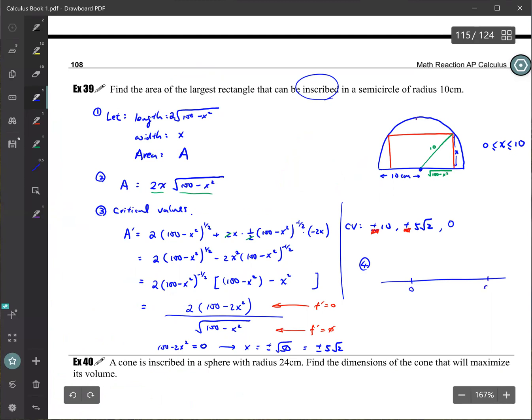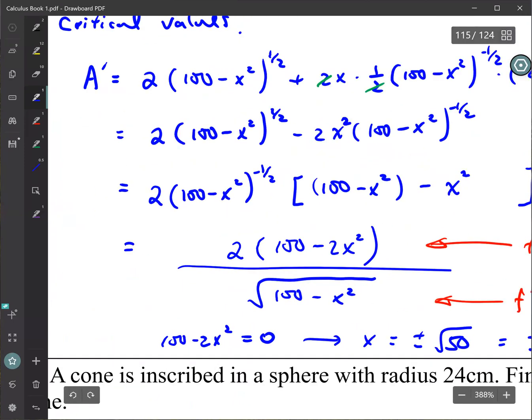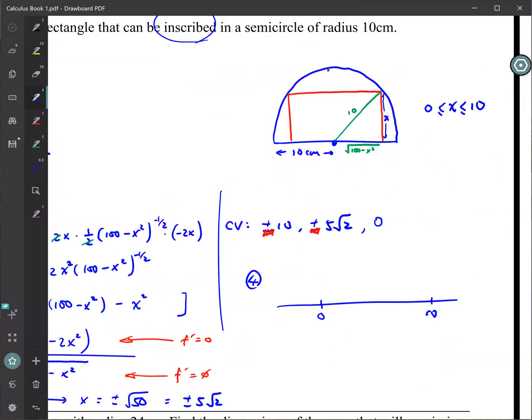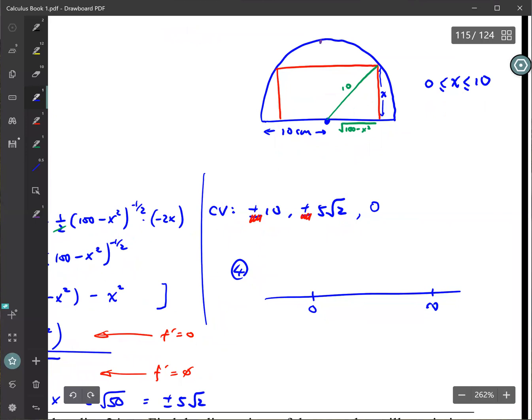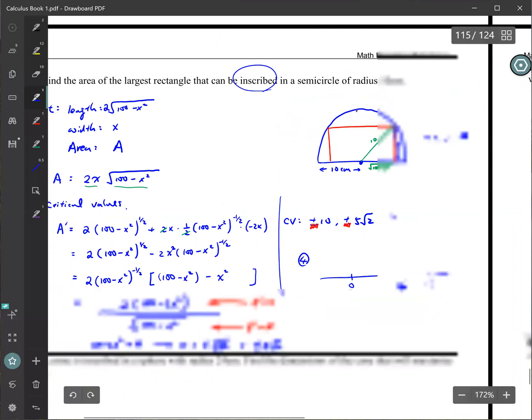Wait, sir, I thought we got rid of 0. Yeah, we got rid of 0 because we don't see 0 anywhere in the work, but the 0 is coming from the endpoint of the domain. Oh, okay. Thank you. So you guys got the 0, very lucky, huh? Okay, so we have 5 root 2 in here. So we just need to test. When we do the testing,